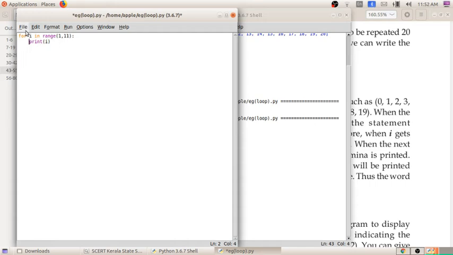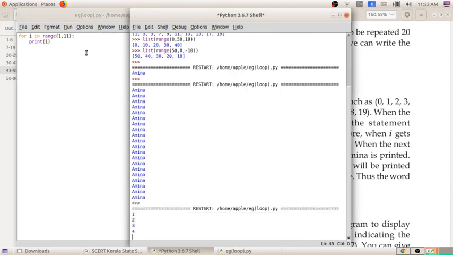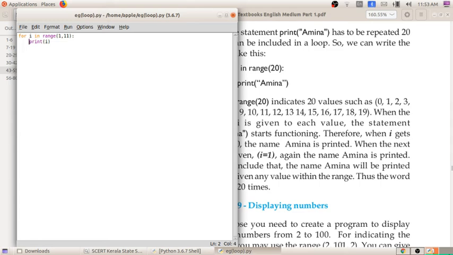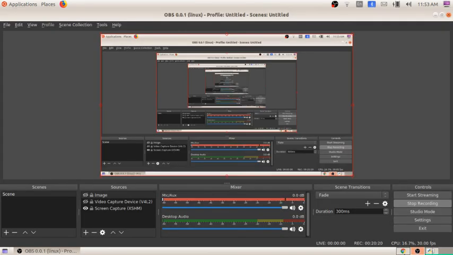Okay. So save this, run module. You got 1 to 10. That means the first value will be 1 and the end value will be less than 11, 10. So it is printed like this. Print of i means this value. i is the variable in which these values are stored, 1 and 11. That range is stored, and I'm going to print this i. So we will be getting the answer like this. So I hope it is clear to all of you.